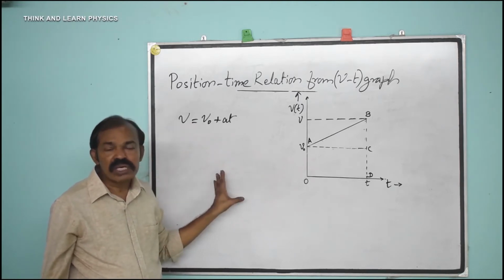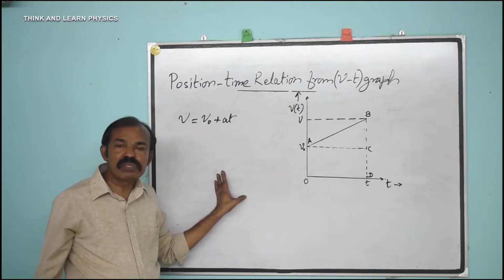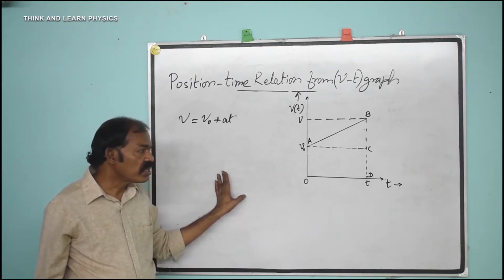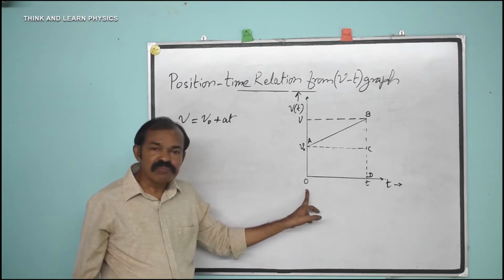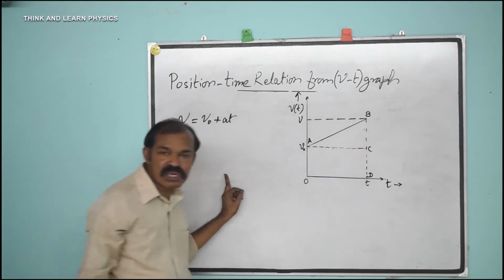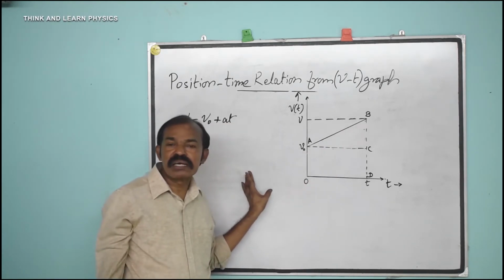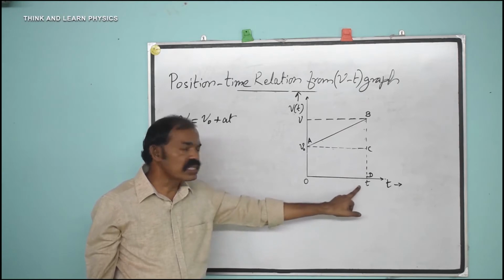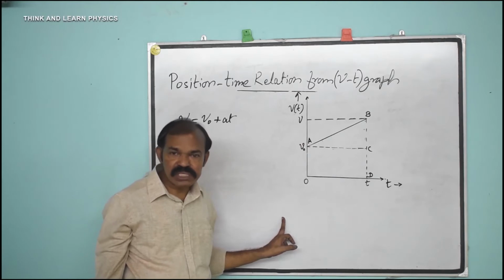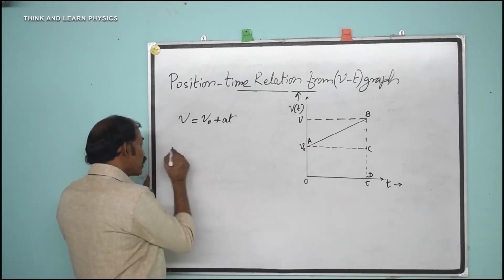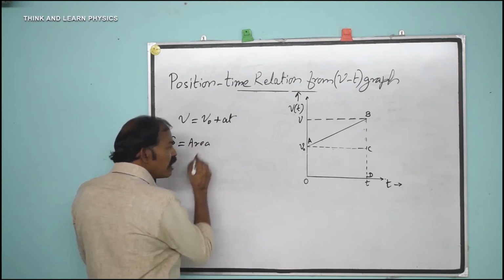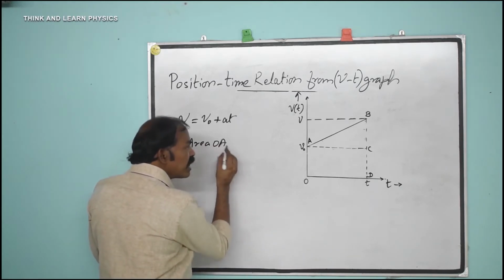Now we know that the displacement of the particle is given by the area under the velocity time graph. Here the time from 0 to t corresponds to the portion AB of the graph. So the displacement of the particle during the interval from 0 to t is given by the area OABD. That means the displacement of the particle is given by S equals area OABD,